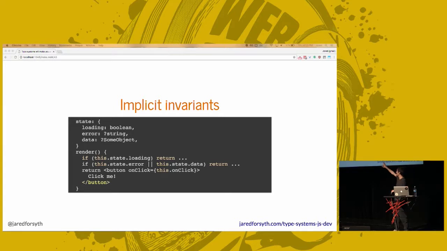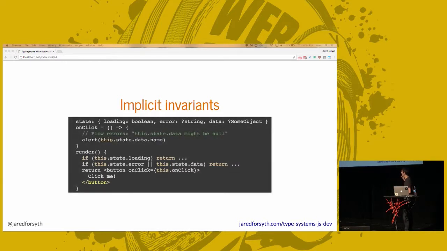Now, the question mark in front of the string and the some object means that it's an optional type. So error might be null or a string, and data might be null or some object, because at the beginning, when you're loading, you don't have either of those. So this is all well and good